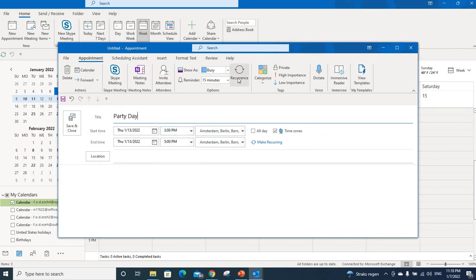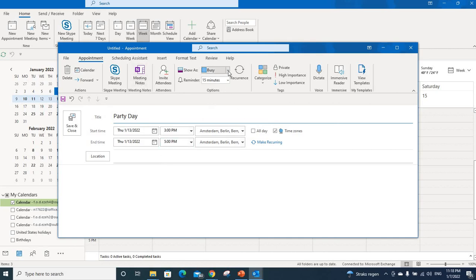You can make it recurring if you want, you can make it high or low importance if you want. If you don't want people to see the content when they view your calendar, you can make it private. This is also the same thing with meetings. So with private, another person who looks at your calendar to make an appointment can see that it's blocked, but will not be able to see the content, exactly what you put in it. Like instead of saying party day, he just sees busy or something like that. And so this is how you use the